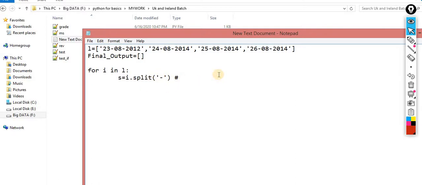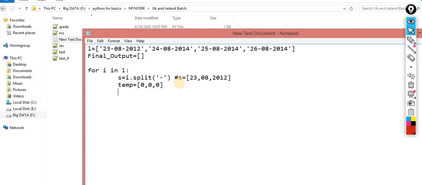So I am writing over here, s will contain information something like this: 23, 08 and 2012. Now in the next step, I am taking a temporary variable, temp, equal to this one, 0, 0, 0, with 3 indexes: 0 index, 1 index and 2 index.